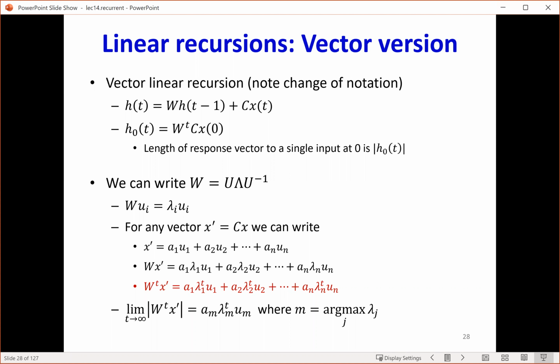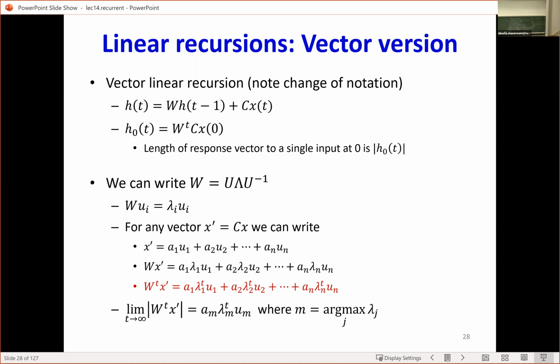Sorry, Professor. If I have W raised to t times x, what will this become? It's just going to become lambda raised to t, right? Because each time I'm multiplying the u's by W. Take a look at what happens. W squared x is going to be a0 times lambda 0 times Wu0 plus a1 times lambda 1 times Wu1 and so on. Again, using the same rule, Wu0 is simply lambda 0, so this is lambda 0 squared, lambda 1 squared. So as you keep multiplying by W,